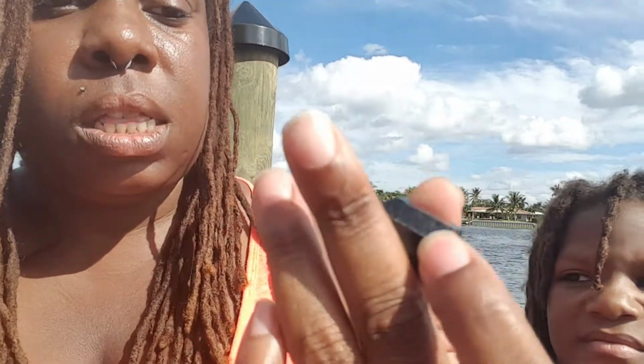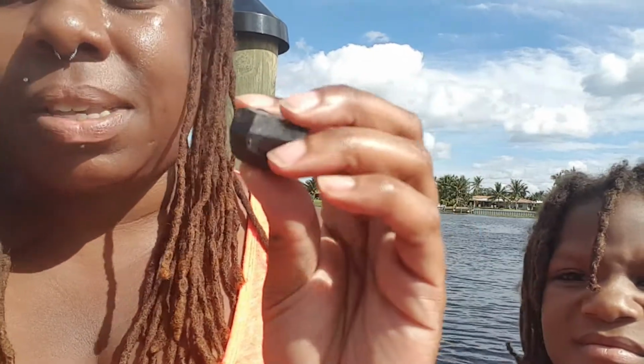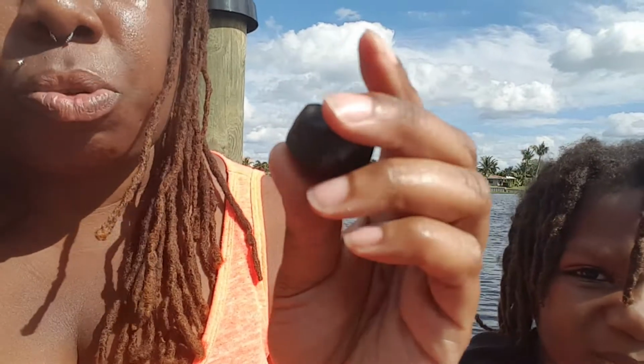Like there's black tourmaline, one of my favorite stones. This seems like it was shaped a little bit because it's smooth, but for the most part it's not. Black tourmaline is a protection stone. Like I said, crystals, you can do a lot of different things with it. One of the things I love to do is